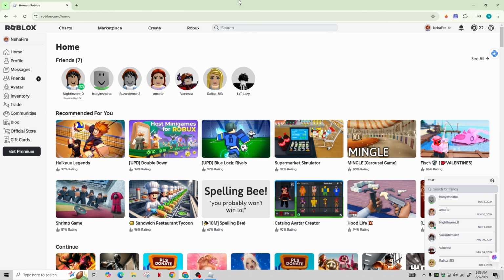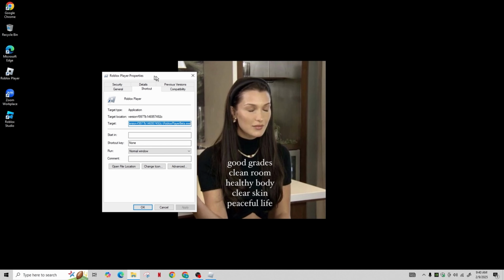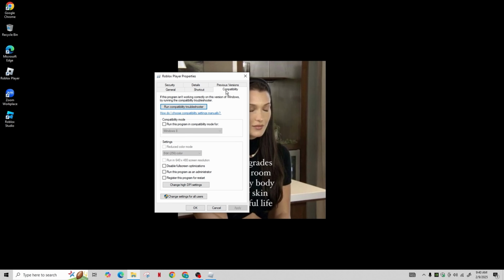So if you're trying to fix the Roblox memory error, here are the steps that you can follow to fix the problem. First of all, you need to locate your Roblox game. Right-click on it and then select Properties. Switch to the Compatibility tab and check the box for Run this program as administrator and then select Windows 8